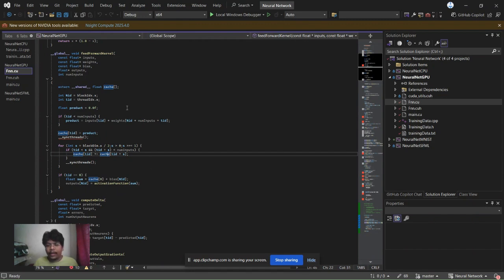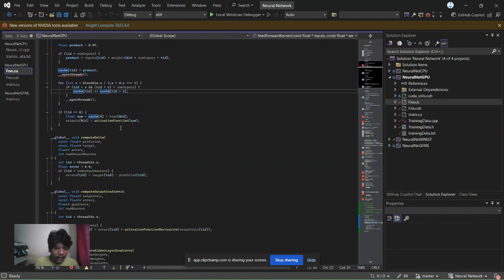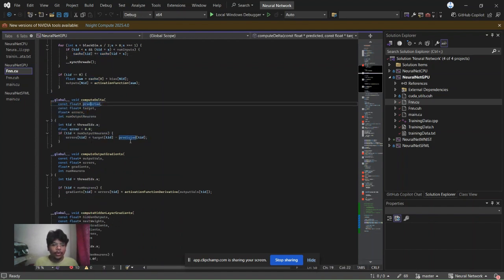So if a layer has 6 neurons, then we will launch 6 threads, and each thread will act as a single neuron computing its own values. In that way, we can get all the outputs for a single layer in one single second. Now moving on, we have our compute delta function, which is basically, we are going to compute the error, which